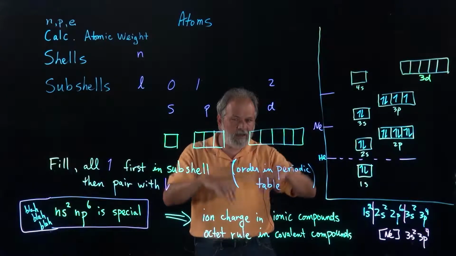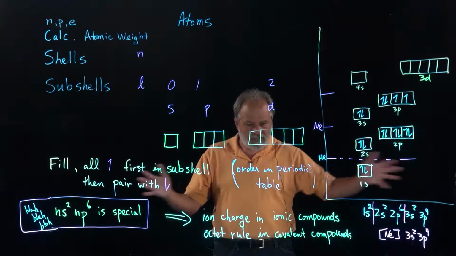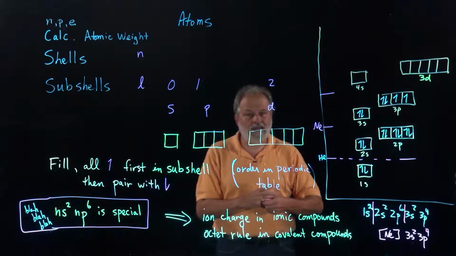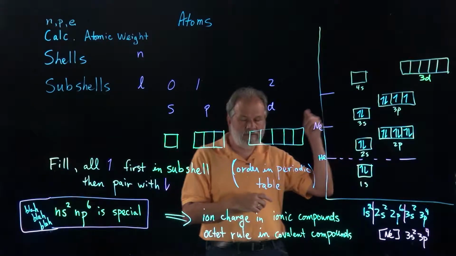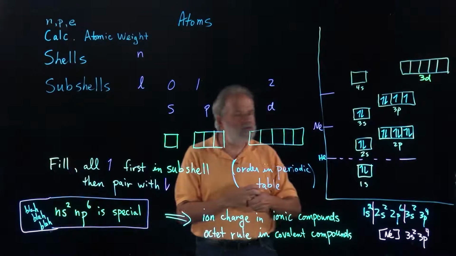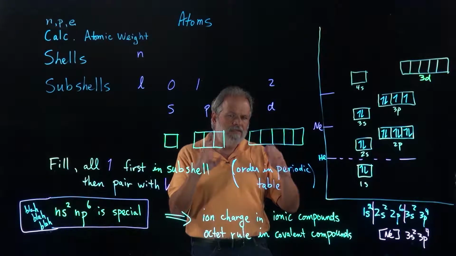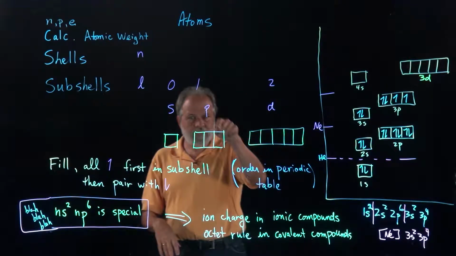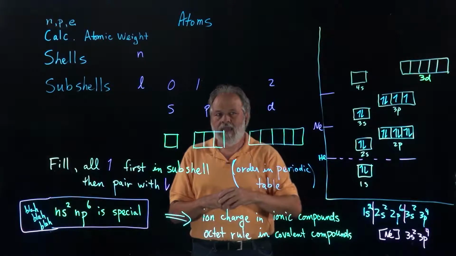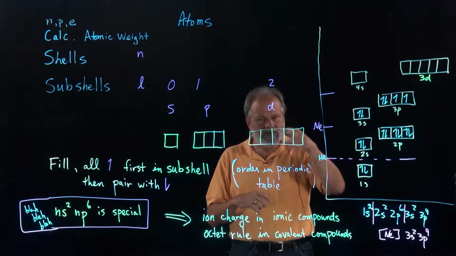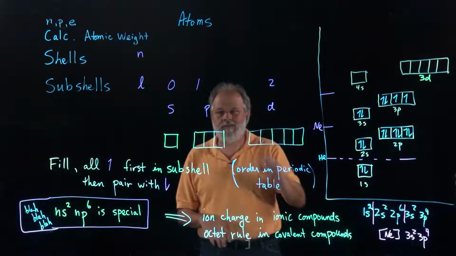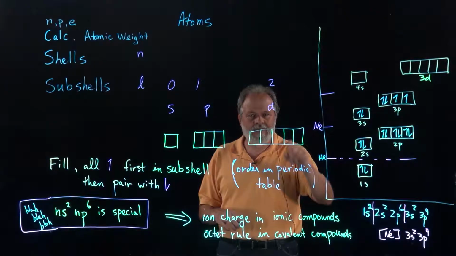So if you actually look at the bottom of the periodic table, there's a series of elements, 14 elements in a row. And those elements are where the last electron you put in was put into one of a set of F boxes. So that's what the subshells are. And each subshell has its own characteristic shape. So I said the S's look like spheres, the P's look like dumbbells, and the D's look like clover leaves, most of them do, and the F's look like a koosh ball. They have so many things sticking out all over the place. You're not expected to know what those look like, but you should know